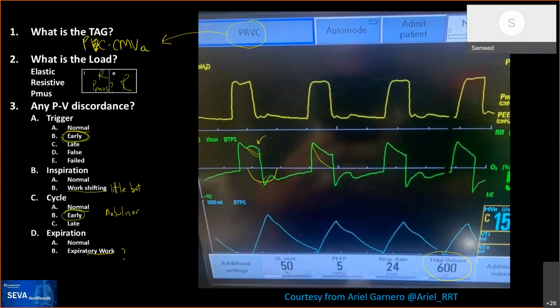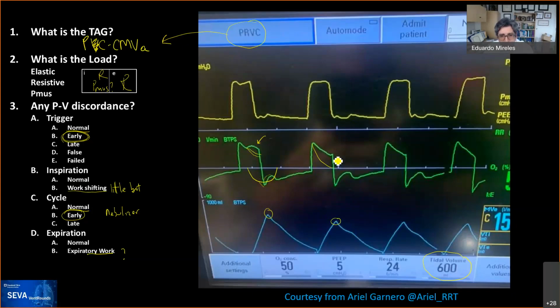Excellent. So that's the early trigger, and that takes us to this: during inspiration there's perhaps a little bit of work shifting. The rest you really don't see anything. It does affect the size of the tidal volume. So actually you can see it here. There was PMOS, and because there was PMOS, the tidal volume here is larger than over here, because the PMOS fell right into the end of the still during inspiration. That's why you see it larger. Now,